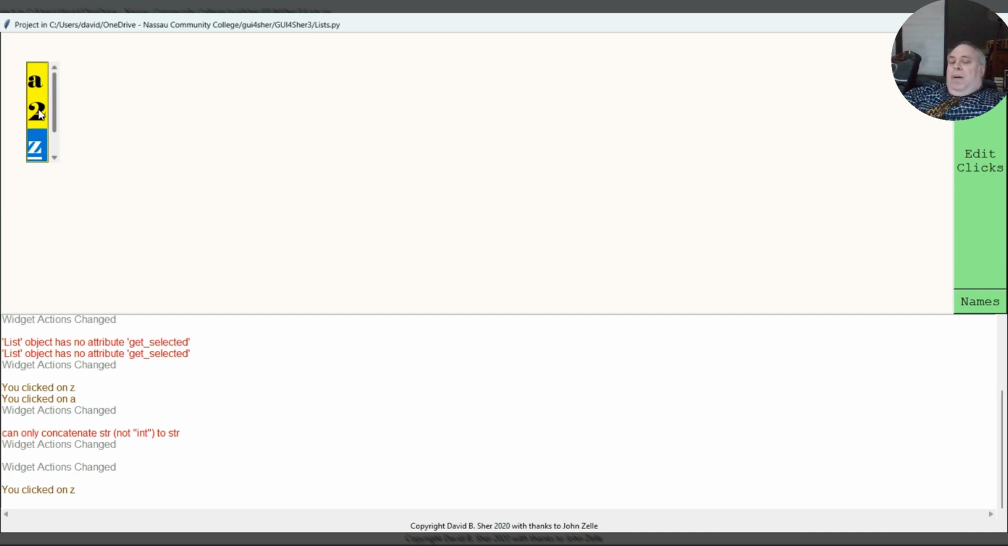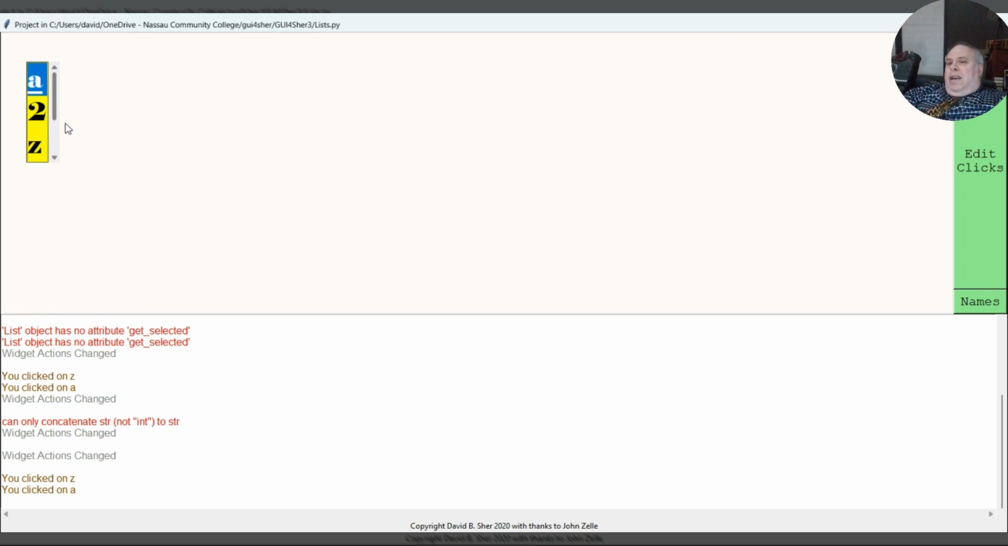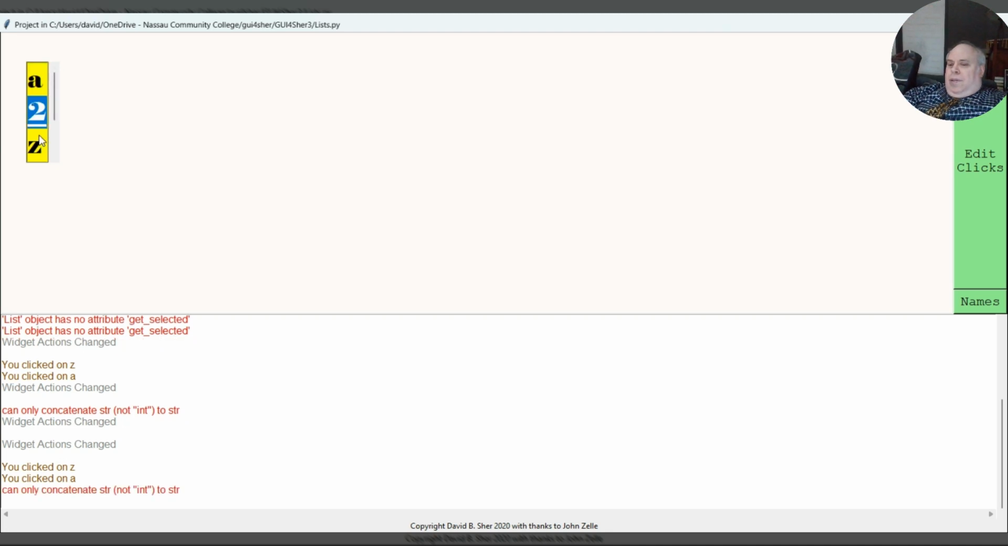You see there's a scroll bar. It won't change the amount it shows. I click on A, it adds an A to the bottom of the list. And now if I click on 2, it's still being annoying. All right, I'm going to ignore that for now. Sometimes putting numbers in the list does strange things. But in any case,